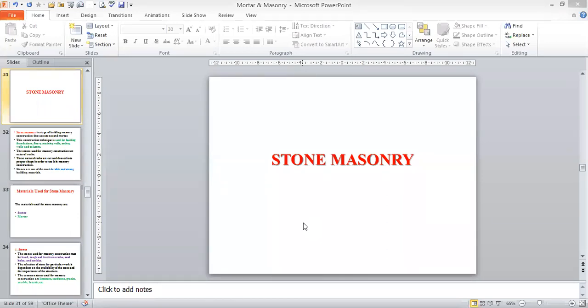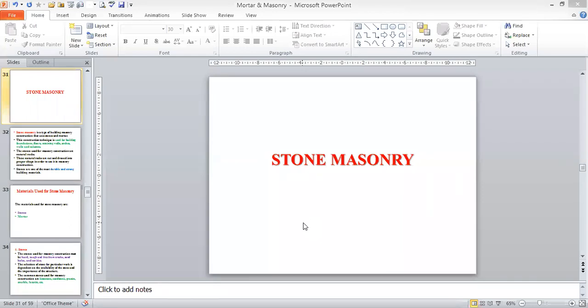Then, what is meant by stone masonry? The important thing is that the term has two words. It is a combination of stone as well as the masonry work that is going to be carried out. So the term itself gives the meaning: your masonry work is carried out by stone as well as mortar. This is a very simple definition to understand stone masonry. One material used for stone masonry is stone, and the other material used is mortar.